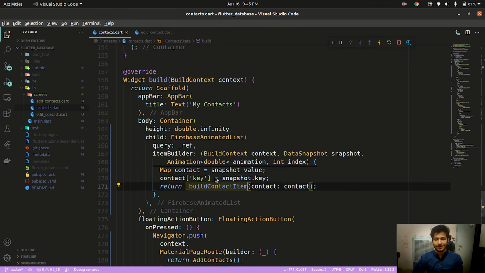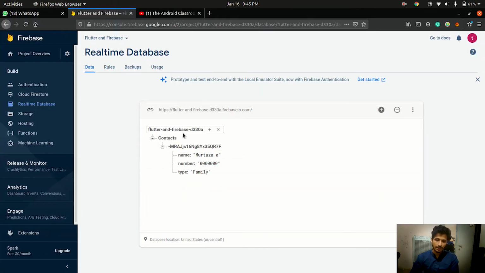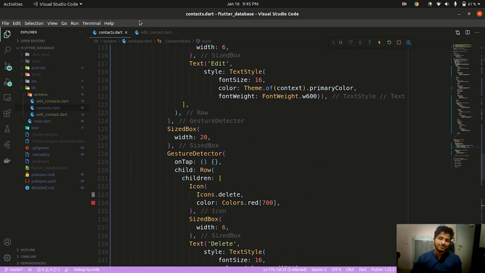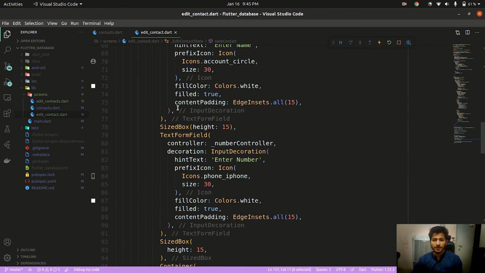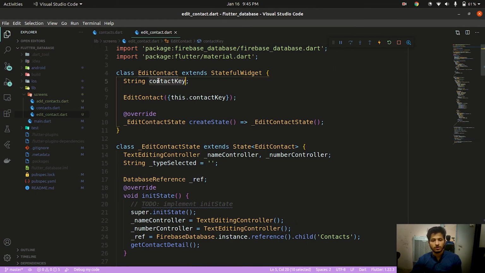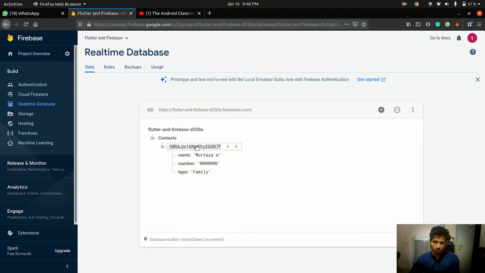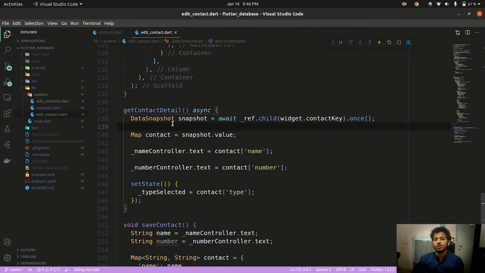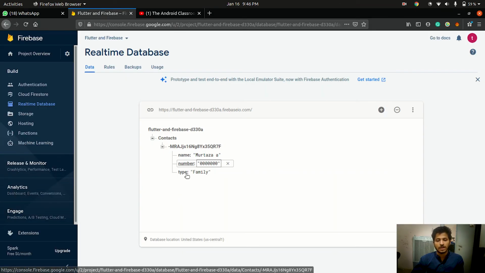This snapshot.key contains this unique key, and we saved this key in our contact map with the name of key. Then we passed this key to our edit contact page. Here we got this contact key. This contact key is now saved in this variable, and now here we are getting all the contact data and saving it in our text controllers and changing our type selected to whatever is saved in Firebase.